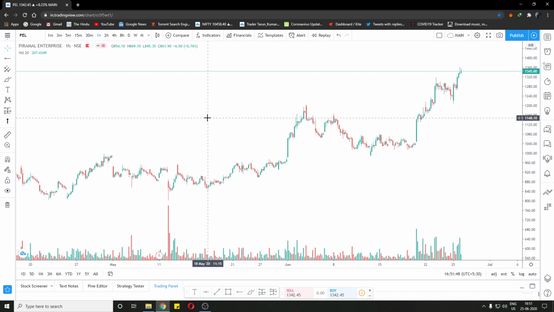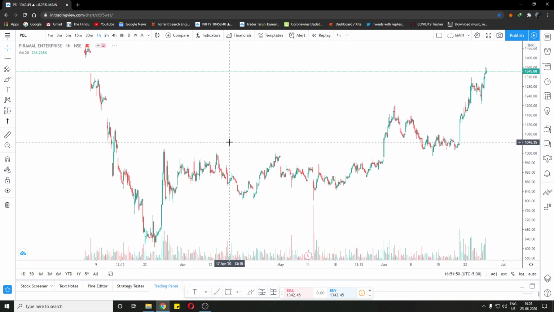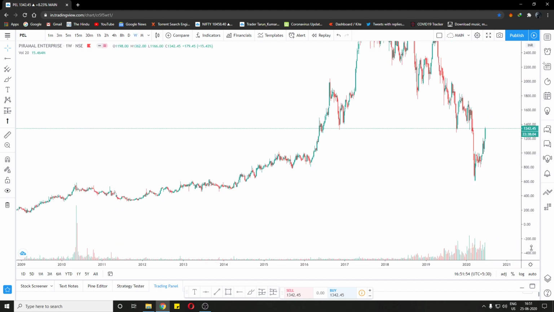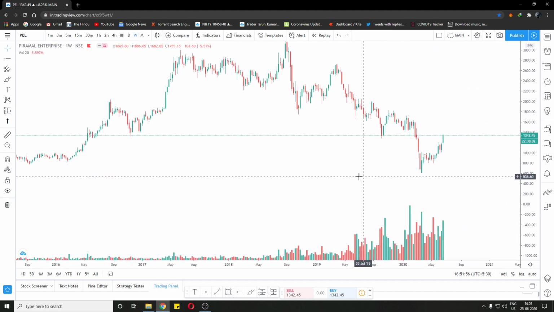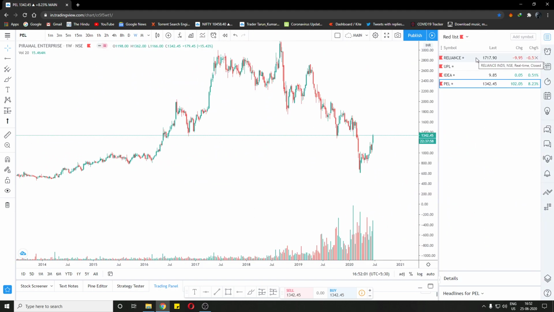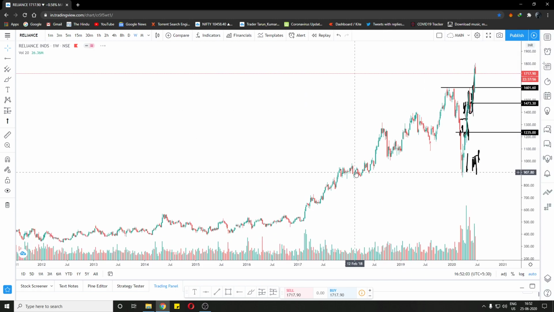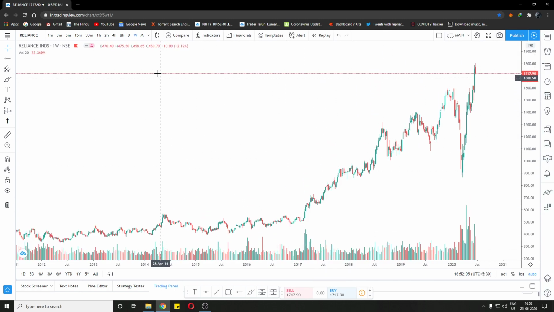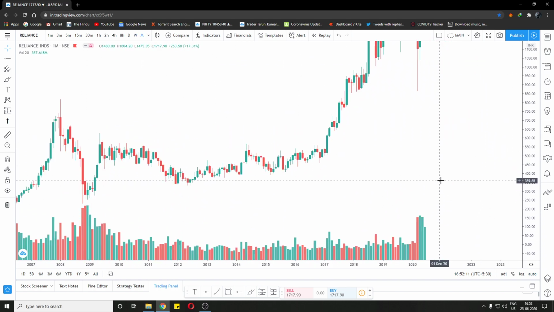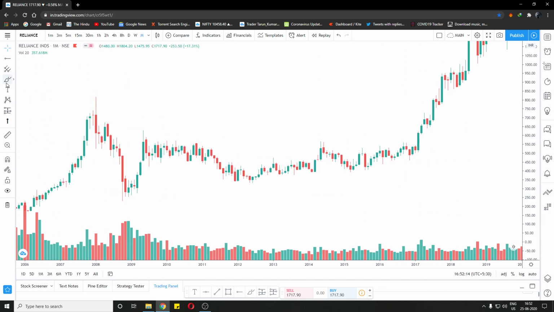Now this strategy works for investment as well, and what we do is simply change the time frame to 1 week, and we look at the breakouts at that level. Also in this case, I want to show an example of Reliance, how the investment works. We're going to use the monthly time frame for this, and as many of you know, Reliance was in a trading range for almost 7 to 8 years. This was the range.